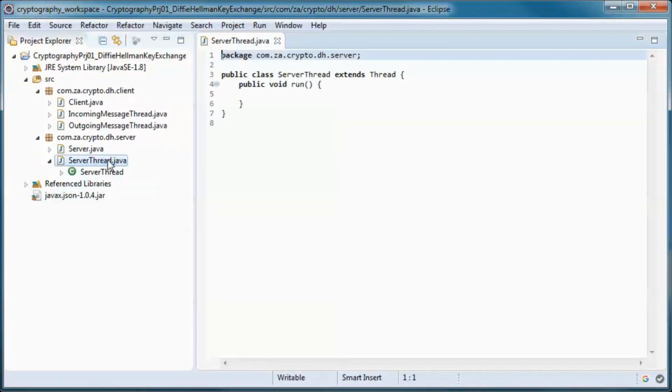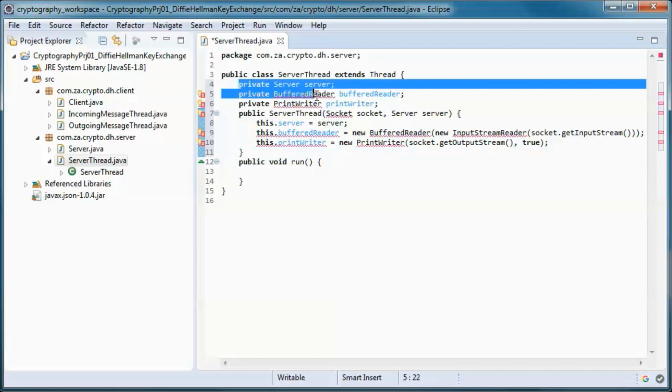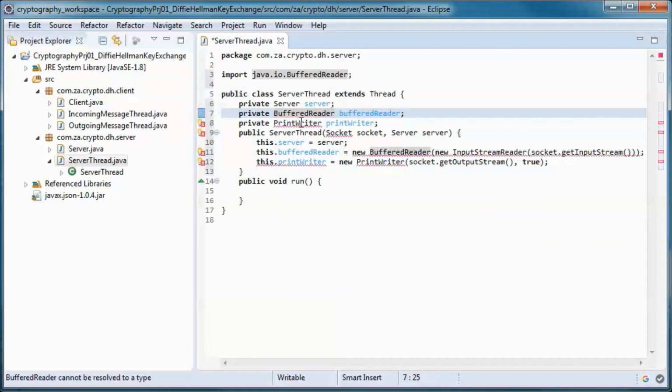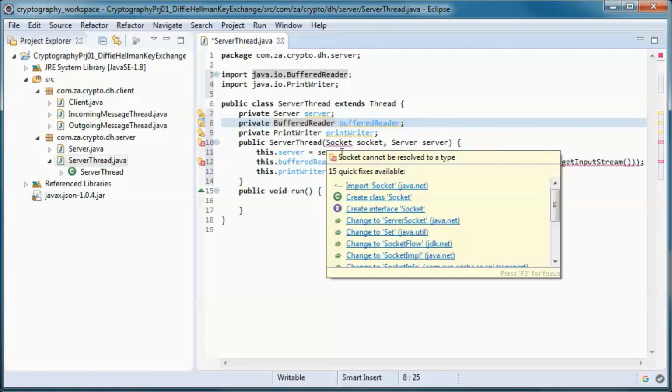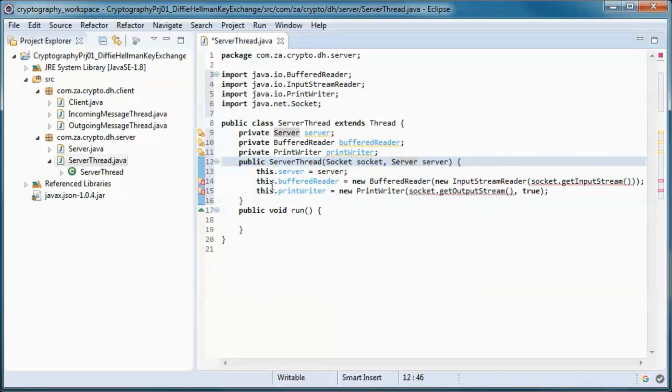Now the server thread will have a server and a buffered reader and a print writer instance variables, and we will initialize those in the constructor. So it takes in a socket and a server, and we use the socket to pick up a buffered reader.